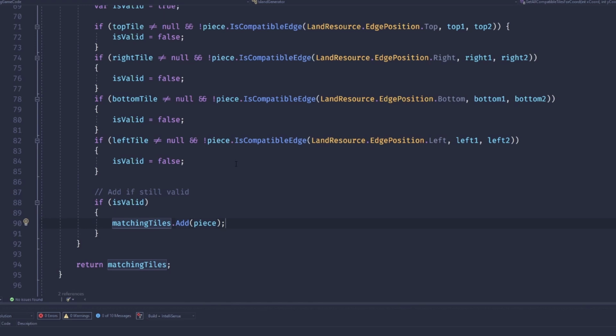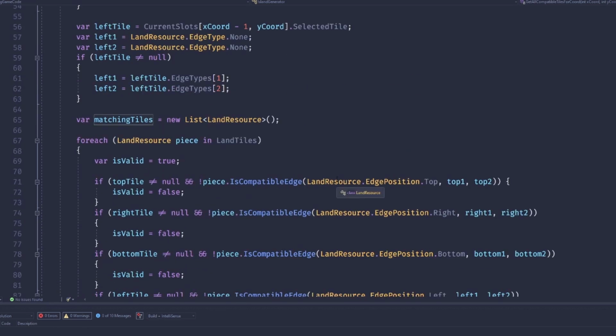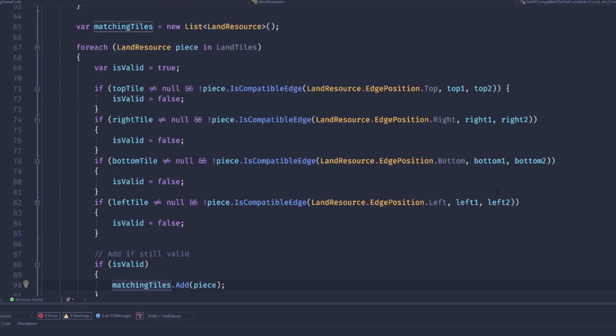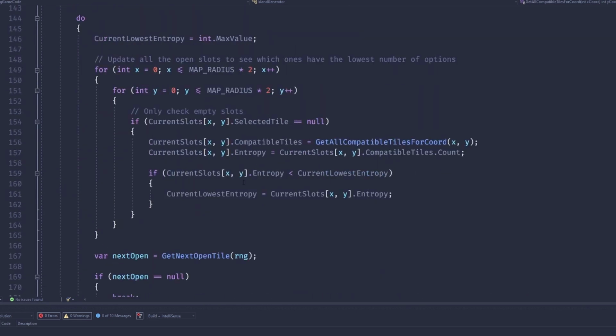You might also have a constraint where a tile can only be placed if another tile is already on the map, something like that. And so that's another thing. You'll want to add a check for that. And if that situation doesn't exist, that tile is not compatible. So you can really use your imagination here and create a lot of very interesting constraints, or you can keep it simple like I did. It's up to you. So if we go back to our thing here,